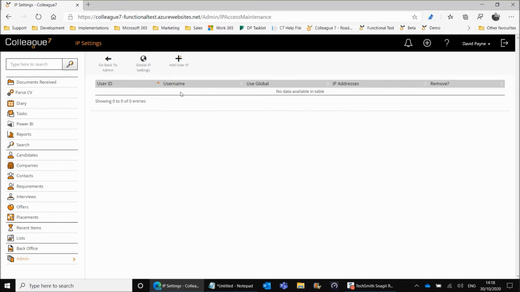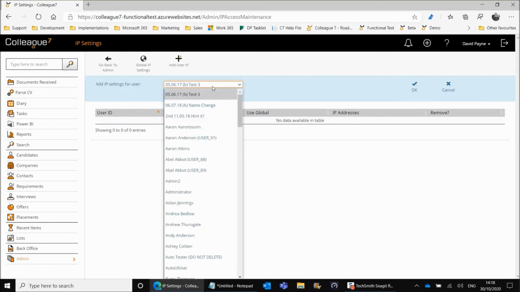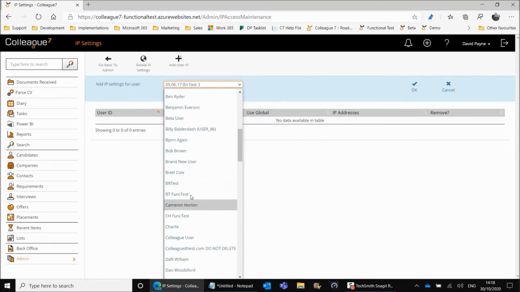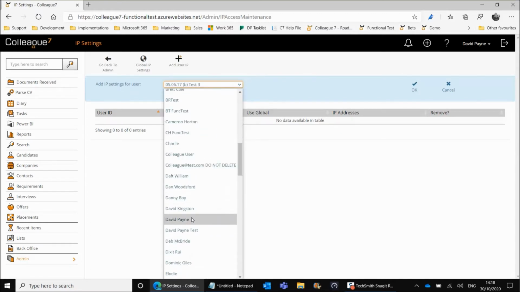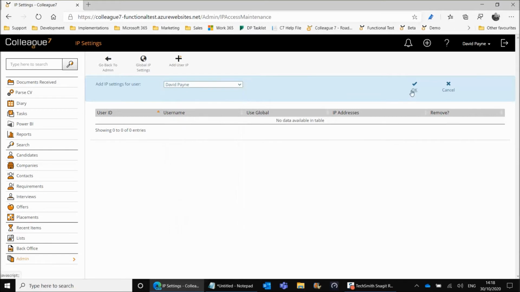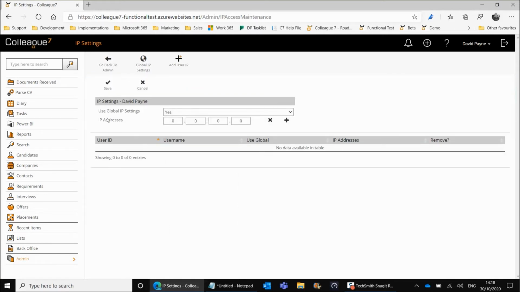Alternatively, or as well as, what you can do is also add a user IP setting. So if I select a user, and this will be a list of all active users in the system, first and foremost, it'll ask you whether or not you want to also have the global IP settings being used by this user. So ideally you would have them so that they're using the settings that you've set up